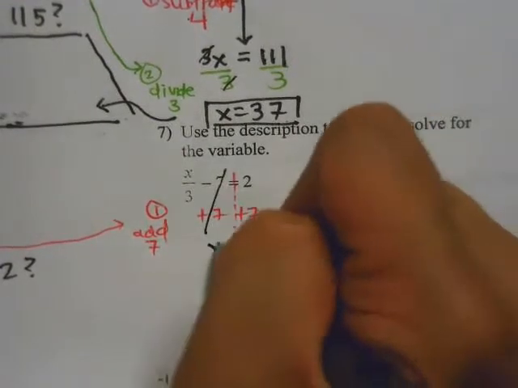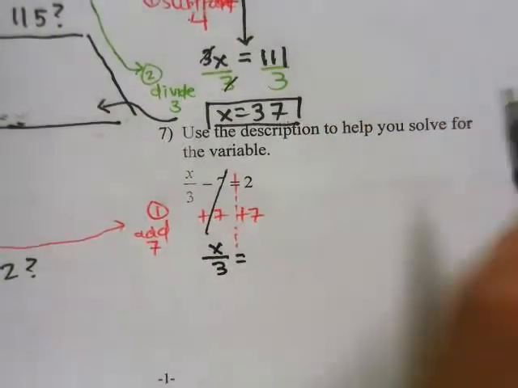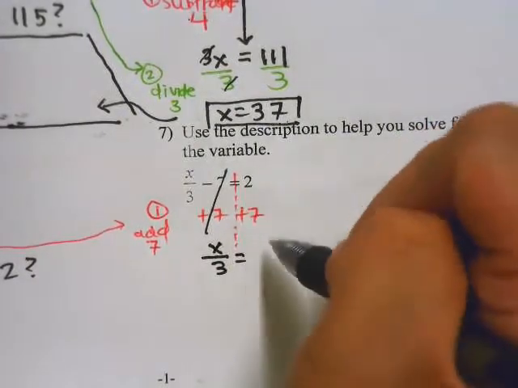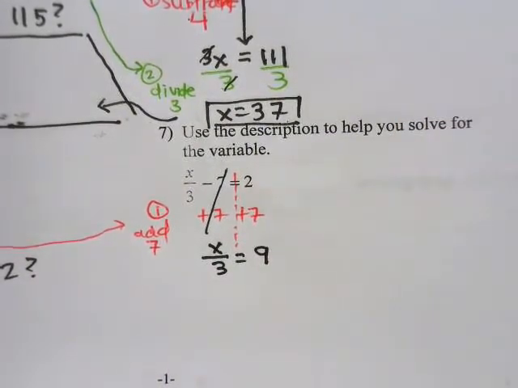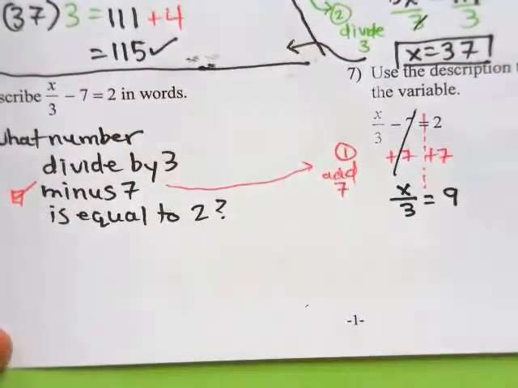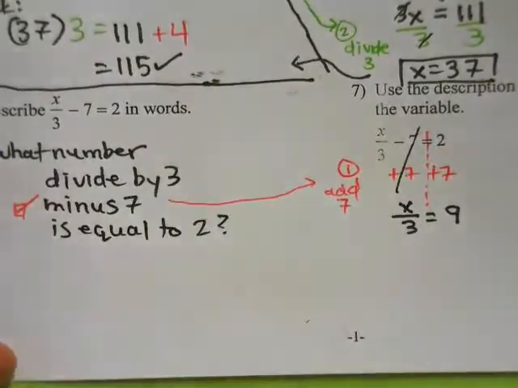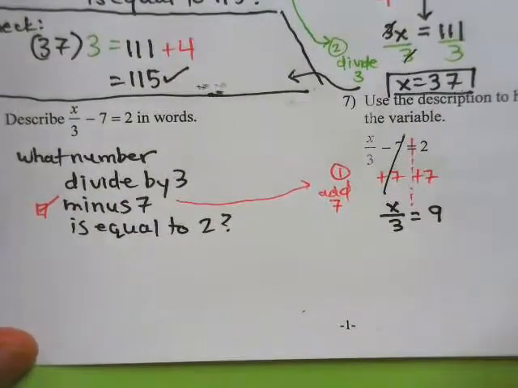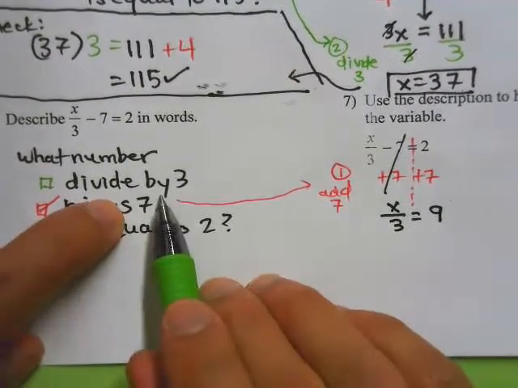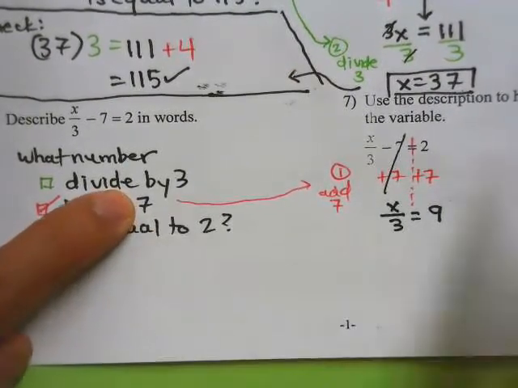X over 3, or x divided by 3, is equal to, I was going to put a 2 over here. 2 plus 7 is equal to 9. All right, that's checked off. You can cross it off or make your own little check box. Now that this is checked off, we're going to do this description next,